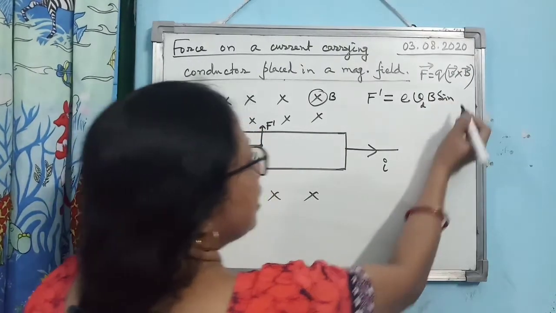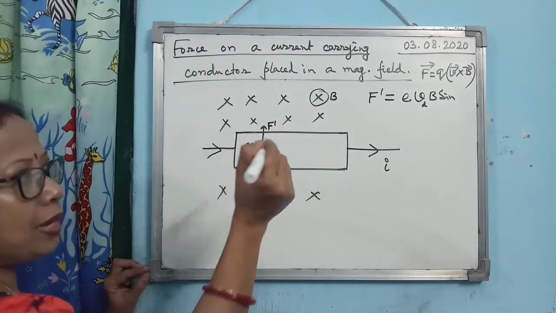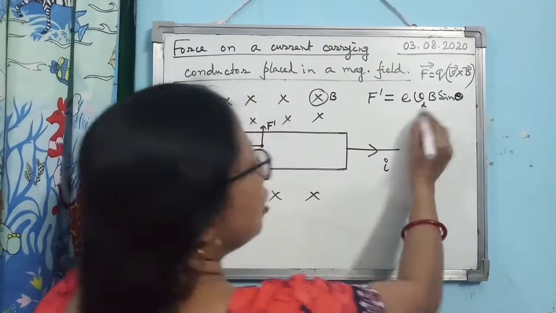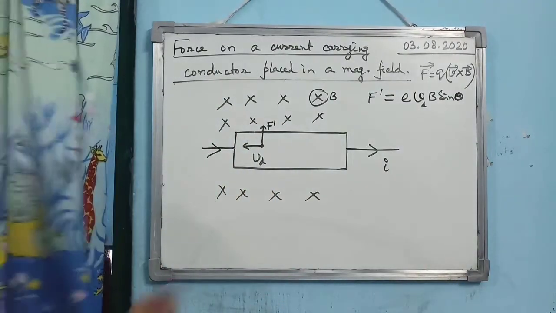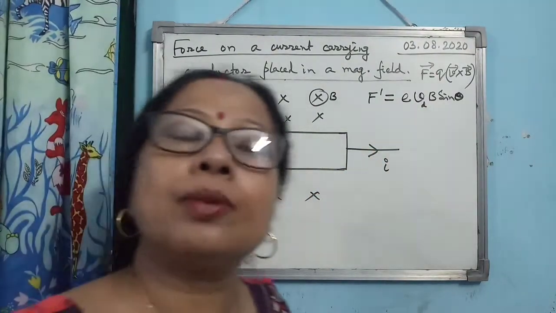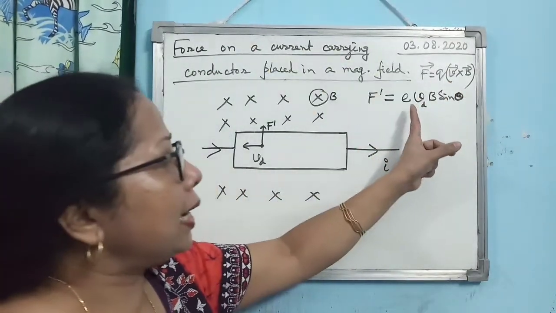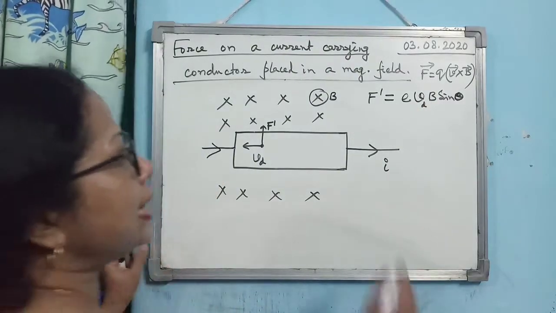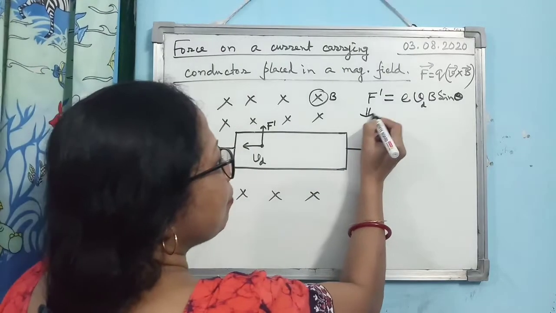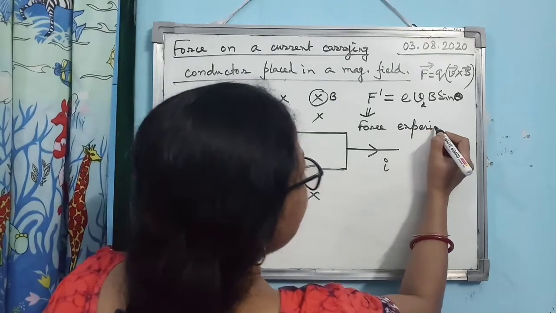Now in this particular case, what is the angle between VD and B? VD is in this direction, B is perpendicular to it. So it will be sine, you may consider it theta also. So you can write it as E VD B sine theta. In this particular case it is 90 degrees, but it may not be 90 degrees, so I am not writing 90 here. Let it be theta. Theta is the angle between VD and B. So this is the force experienced by one electron. This is the Lorentz force experienced